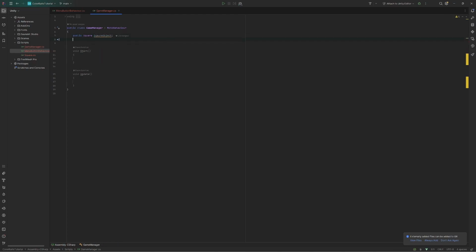So this is going to be our prefab for the square. Then let's put the private Vector2, and that's going to be the start position